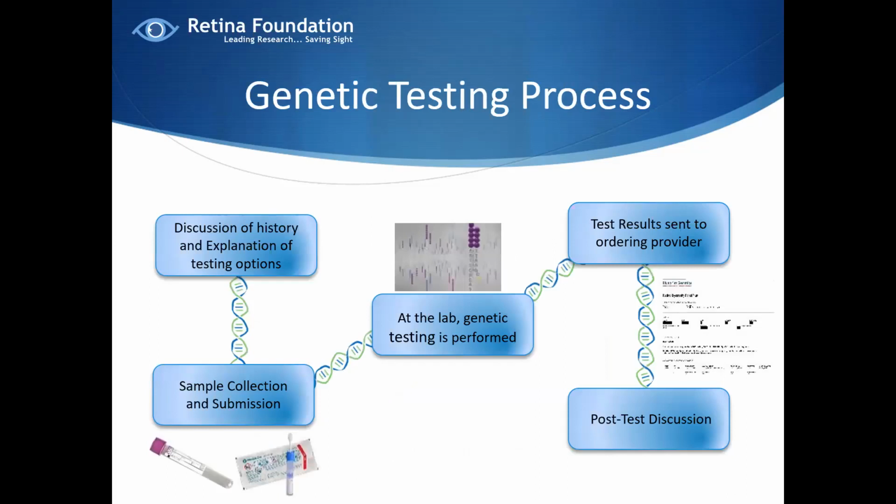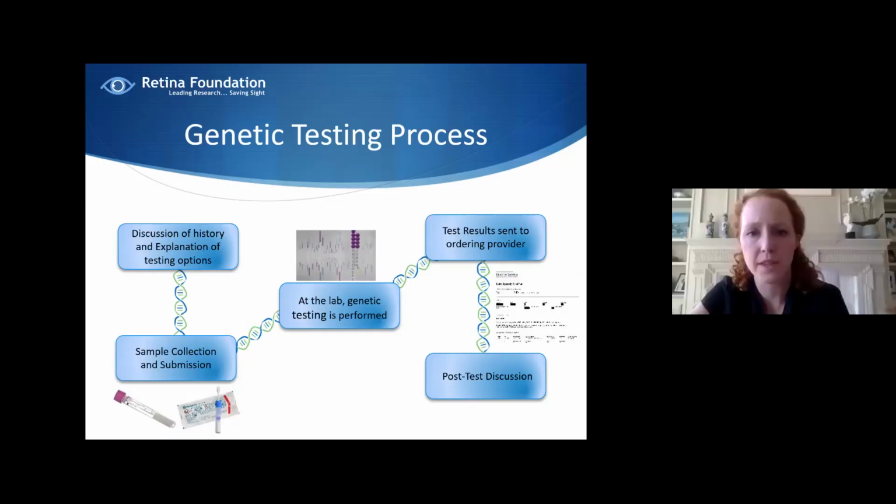Before I start talking about each step in the genetic testing process, I'd like to take a brief moment and see if anybody has any questions that they would like to ask. We do have one in the chat. It says, is sequencing done on site at the...